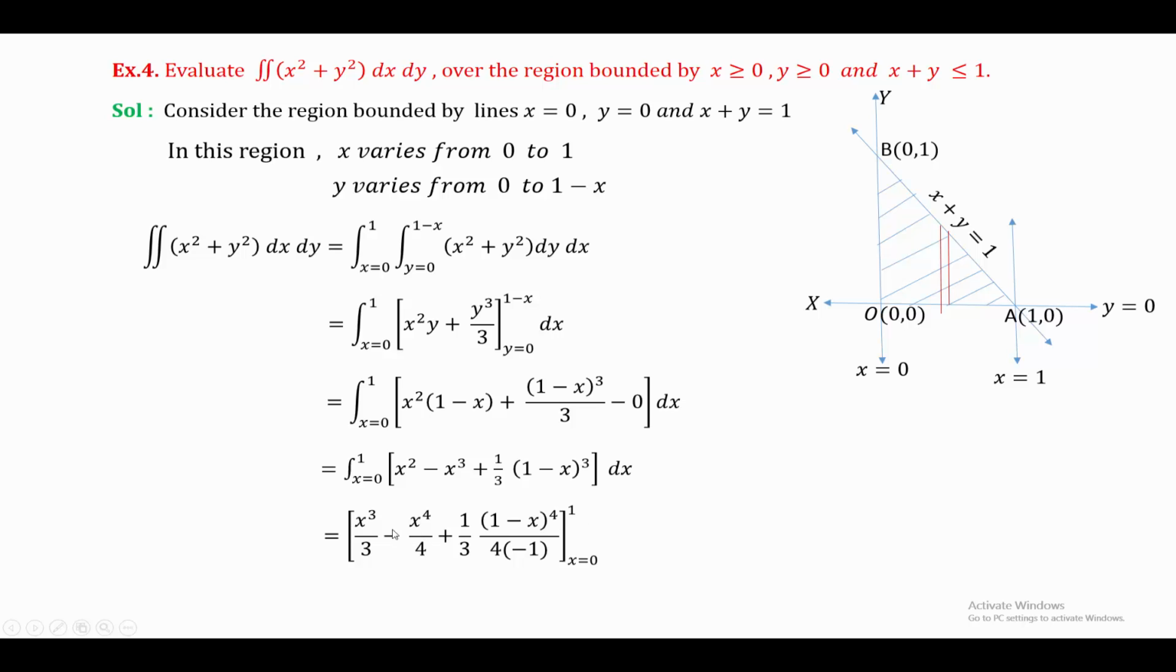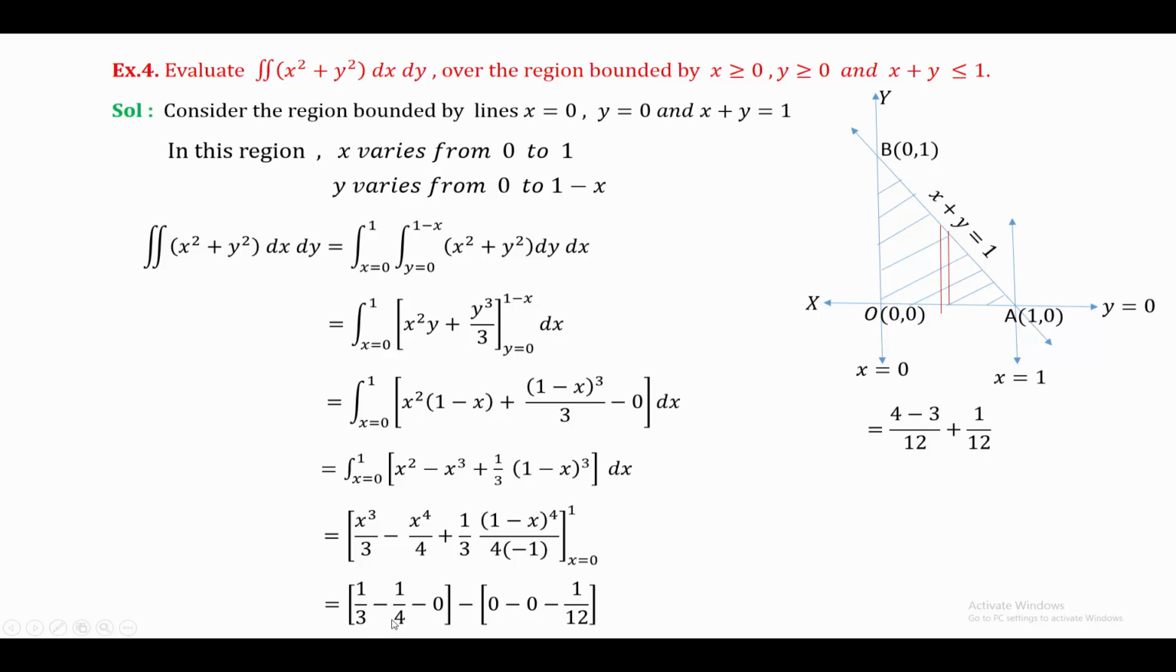Now first put the upper limit, the value of x is 1, so we get 1 by 3, x is 1, so minus 1 by 4. Now x is 1, so 1 minus 1 is 0, so this term is 0, minus of, put the lower limit, the value of x is 0, so this is 0, minus, this is also 0. Now this term, plus and minus become minus 1 upon 12, and put x is 0, so 1 raised to 4 is 1, 1 into 1 by 12 is minus 1 by 12, is equal to,